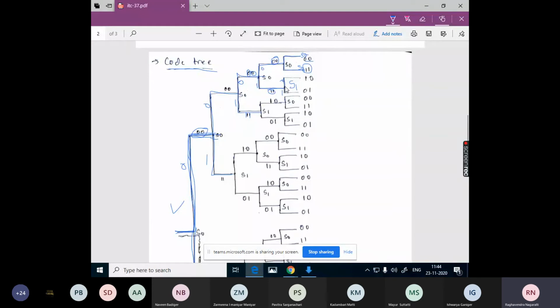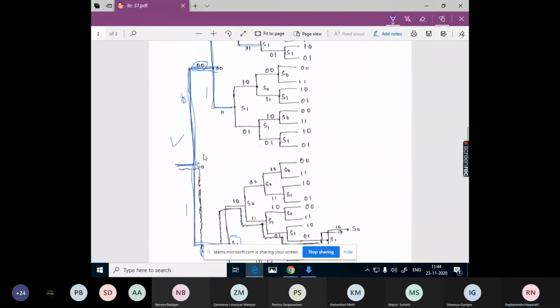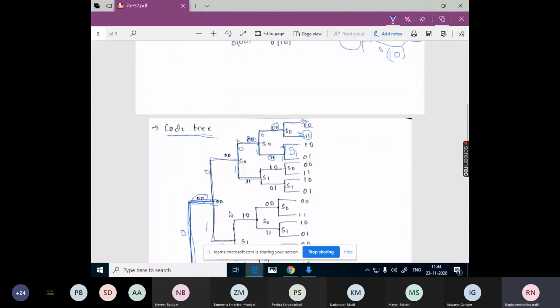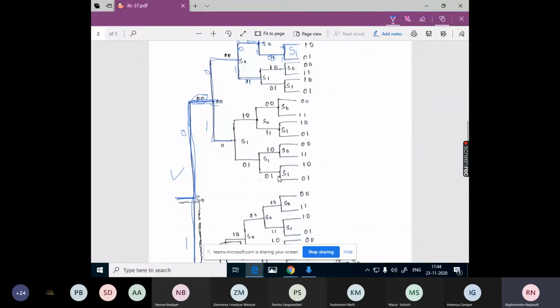So if 0 is the input, we get the upper transition. If 1, it is the lower transition. Just read this upper transition as for the input 0 and this lower transition for the input 1. Okay, so this is just one method that we are using. We can also do this the other way: upper transition for the representation of input bit 1 and lower transition for input bit 0. But here and in the textbook, they have used upper transition for input bit 0 and lower transition for input bit 1. So we need to maintain that for all branches and sub branches.